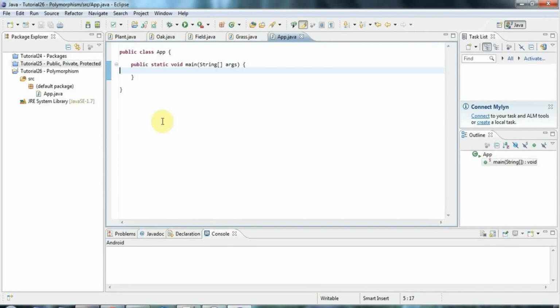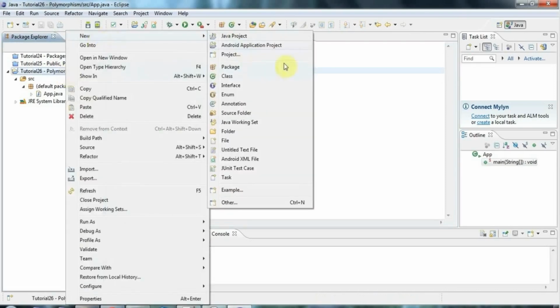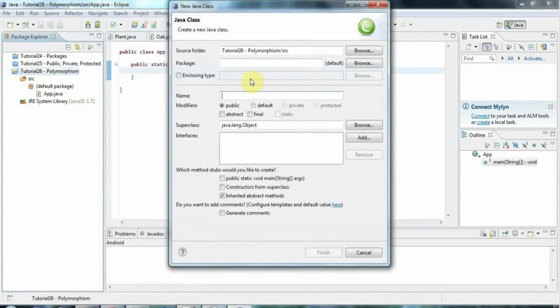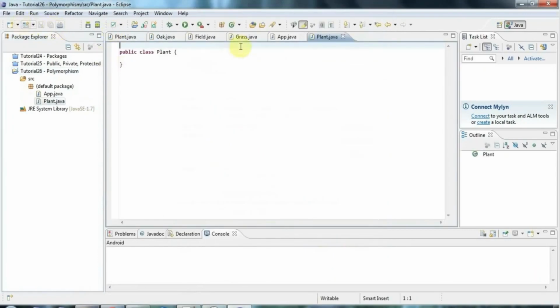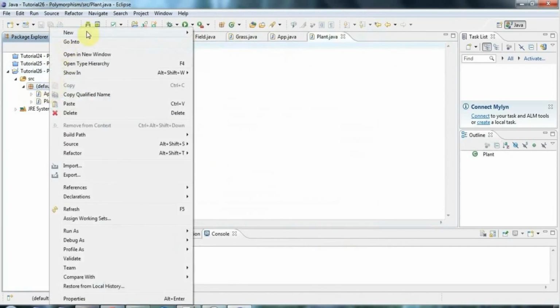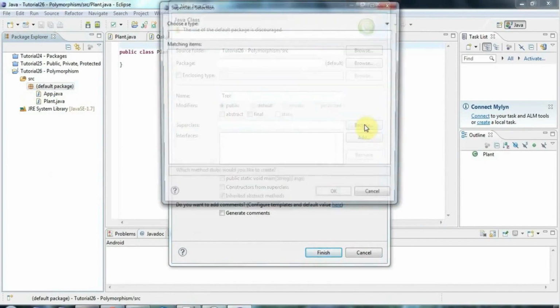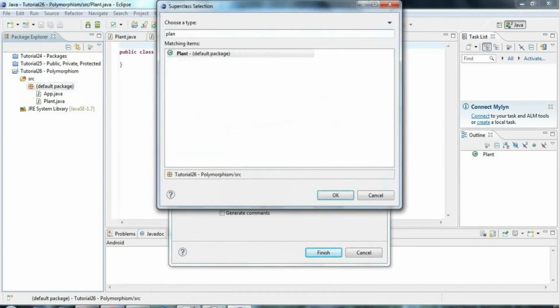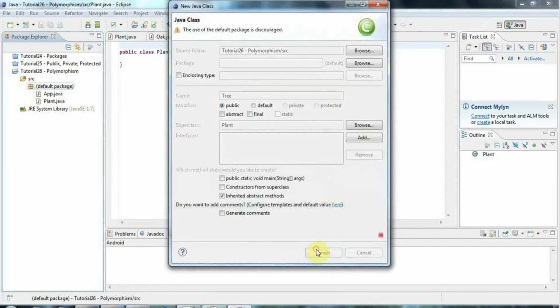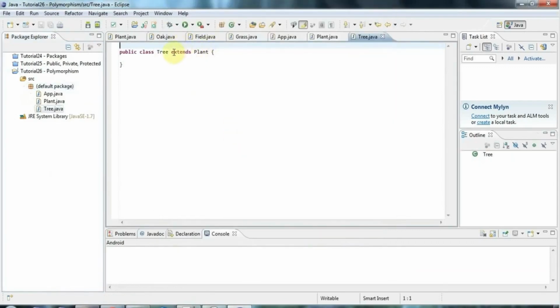to look at. So let's create a new class here, and I'm going to call it plant, and I'm not going to give it any methods or anything, because we're not going to need it. And I'm going to also create a new subclass of plant. So let's create one called tree, and I'm going to set the superclass here. I'm going to click browse and go to plant and click OK and finish, and so it's filled in extends